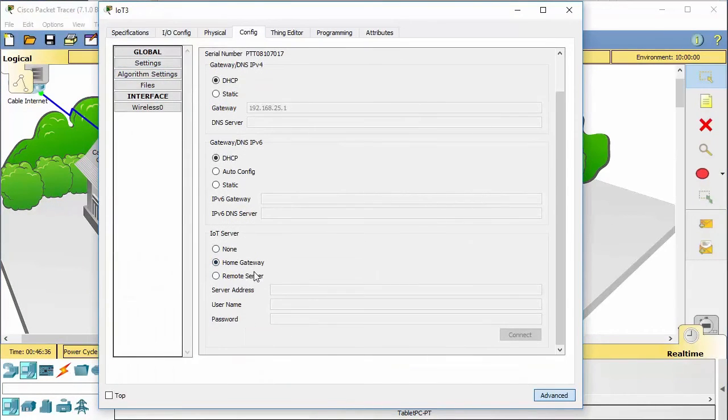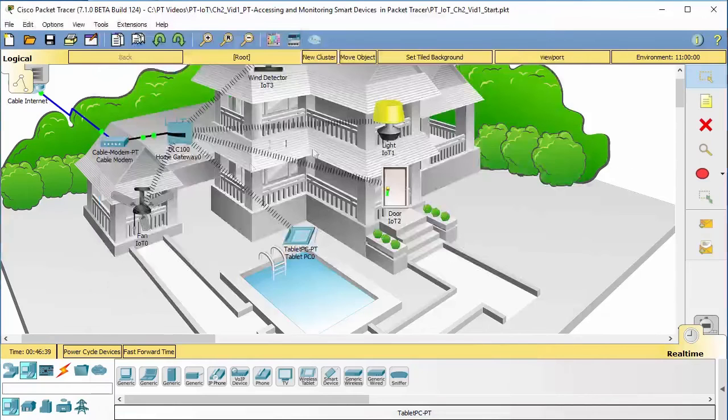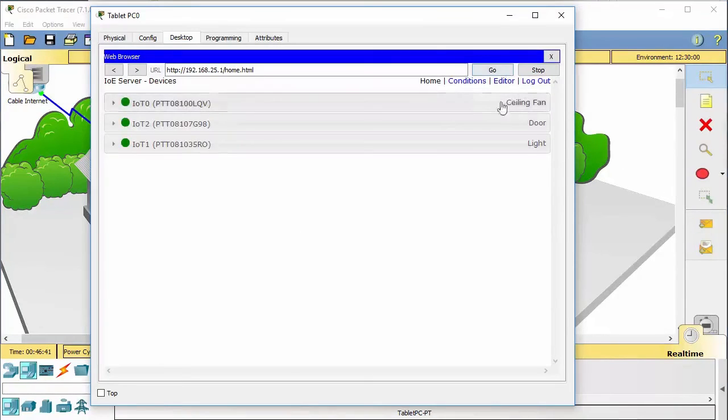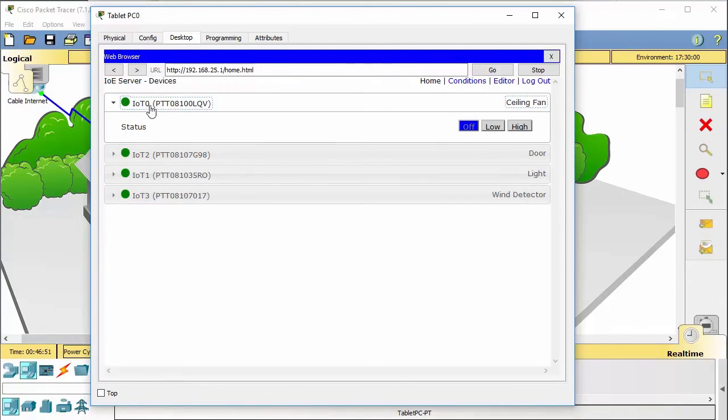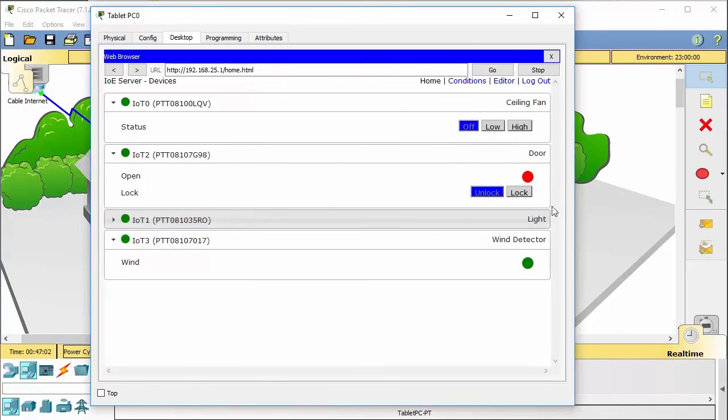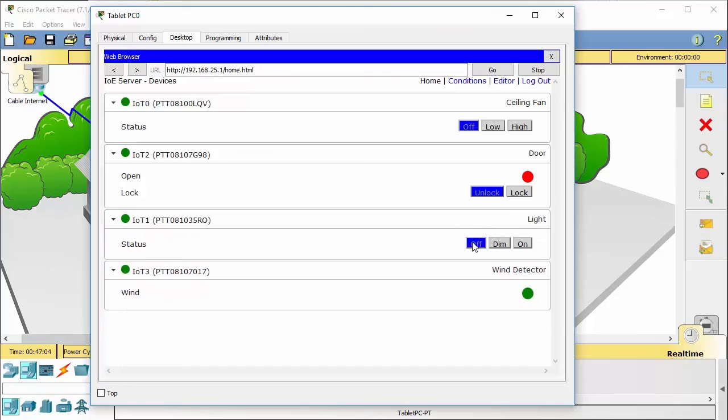And now that all the devices are known to use a home gateway, we can check out that home gateway webpage one more time and take a look at this. We have the ceiling fan, we have the door, we have the light, and there's the wind detector. I can click on any one of these devices and I can either control them like we see here with the ceiling fan, or when I click on the wind detector, we can actually monitor that there's wind. We can even take a look at the door and the light and see the status of them, and of course be able to make changes on some of these IoT devices. So play with Cisco Packet Tracer, build your own IoT smart home networks,